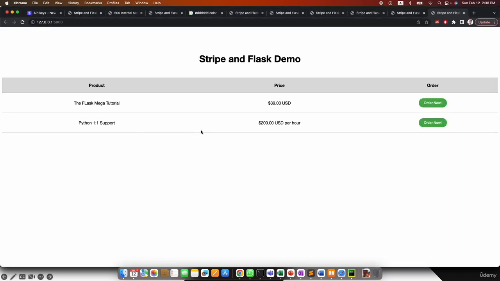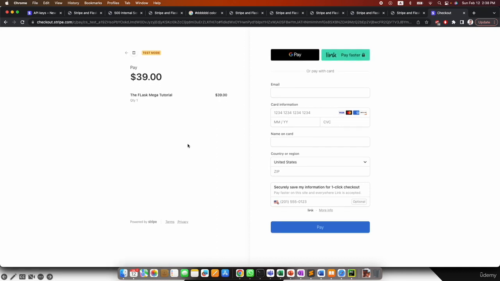So here is your application, and let's try to order something. Let's order the Flask Mega Tutorial. If I press order now, we will be sent to the Stripe checkout page, as you can see. Once the user selects the pay button, he or she will either be able to purchase the product or not. You can see that this page looks very professional,